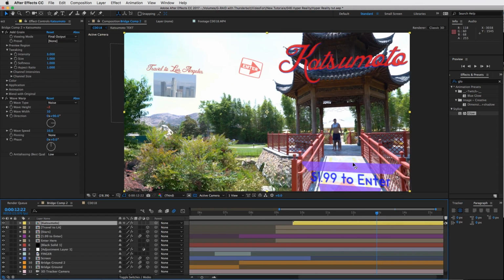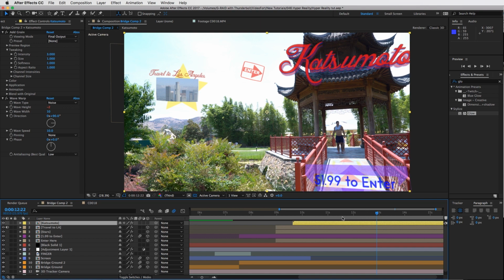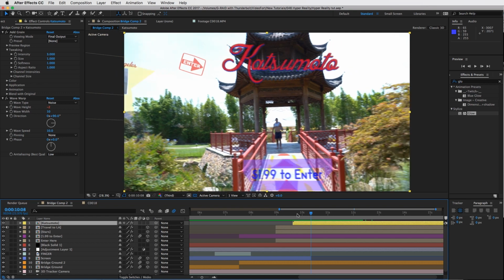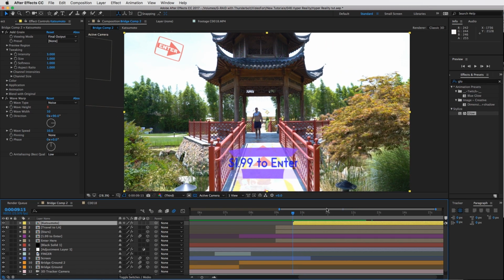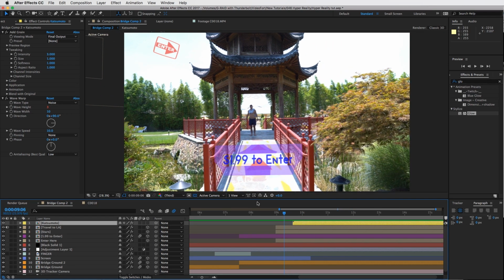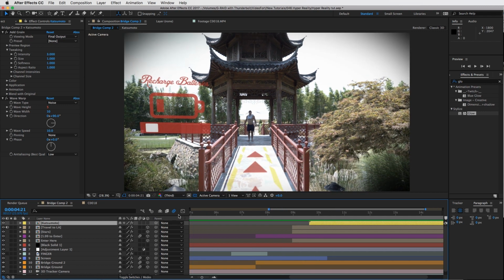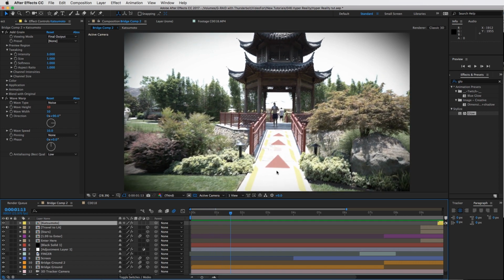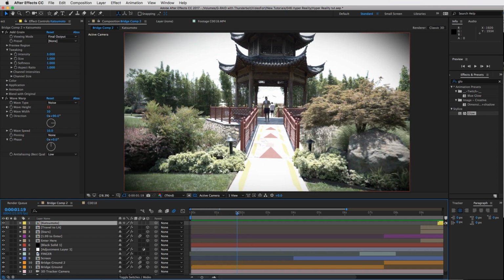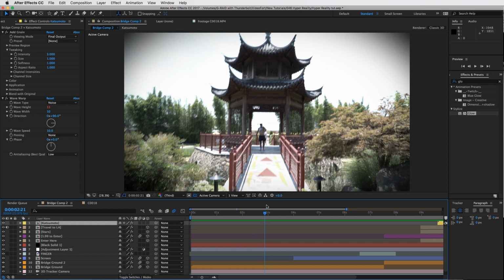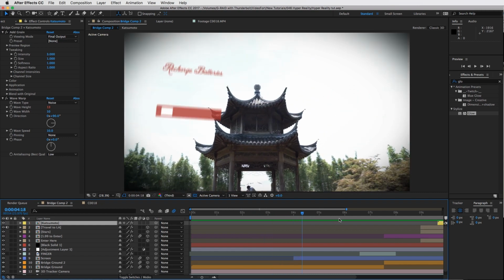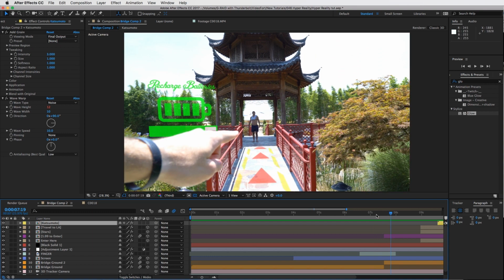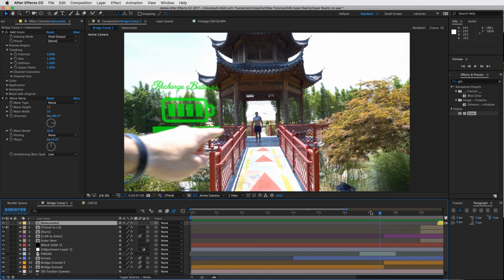Let's see, what else could we create here? In the basic 3D camera tracking tutorial, I showed you kind of those caution lines in the ground. So that's essentially the same thing that's happening right here. Okay, so check out that tutorial to find out how to create this little arrows on the ground effect. And then so the recharging the batteries effect that I did here, let me show you kind of what's going